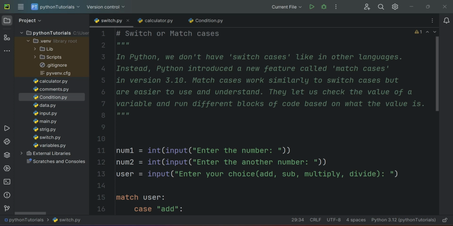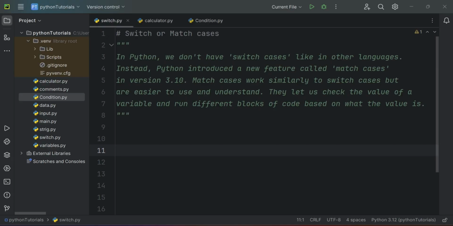Today we are going to learn match cases. In Python, we don't have switch cases like in other languages. Instead, Python introduced a new feature called match cases in version 3.10. Match cases work similar to switch cases but are easier to use and understand. They let us check the value of a variable and run different blocks of code based on what the value